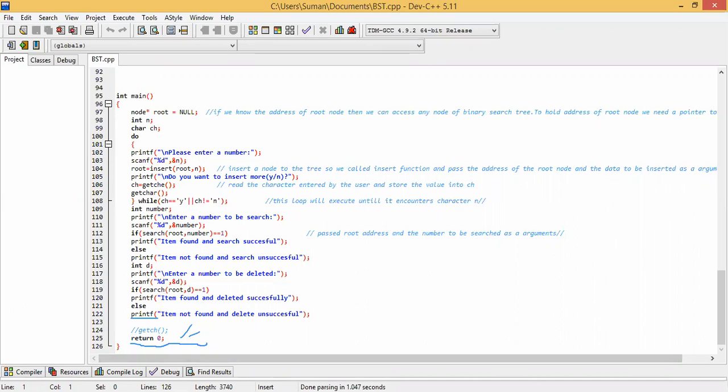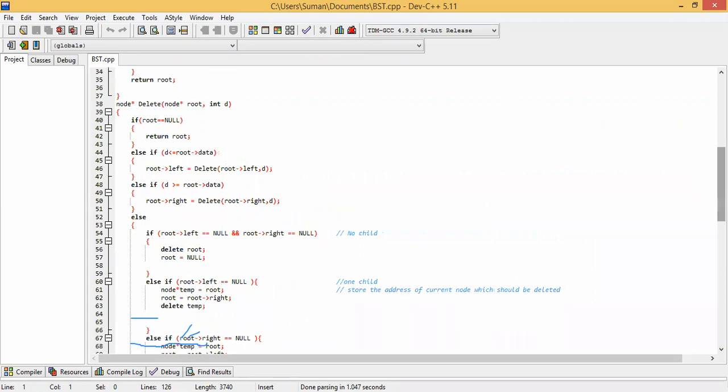So now I have to use the delete function, same as I have used the insertion function.